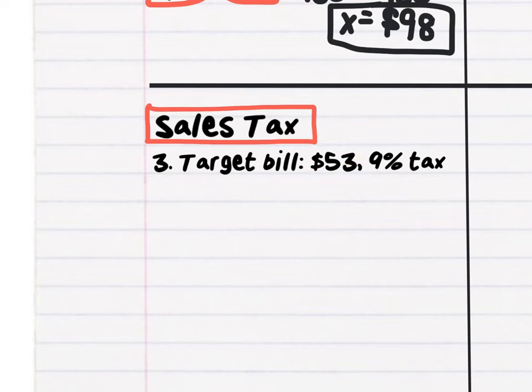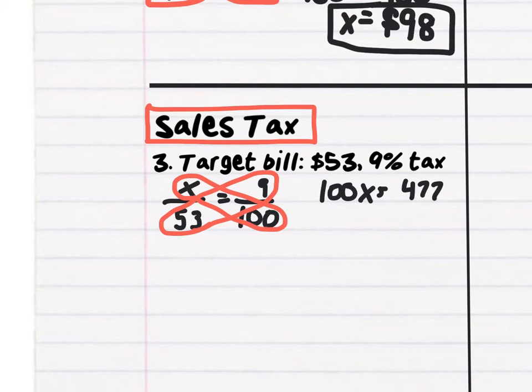So we're going to still use the percent proportion. Okay, so we're going to have here our 100, and again, the tax is going to go on top. The 53 is the total bill, so that goes on the bottom. All right, and then you're going to do the cross products. So you get 100x equals 477. I know I'm probably going fast for some of you, so please, again, pause the video if you need to. Okay, so then we have x is going to equal